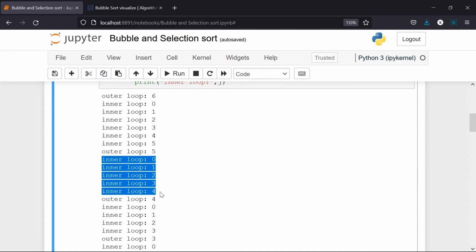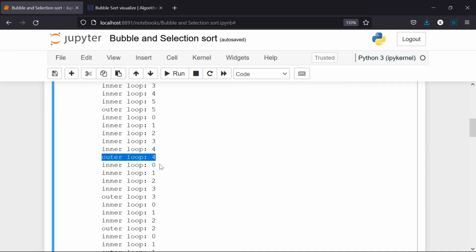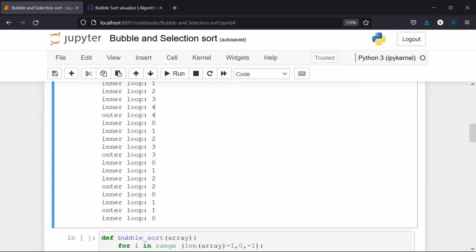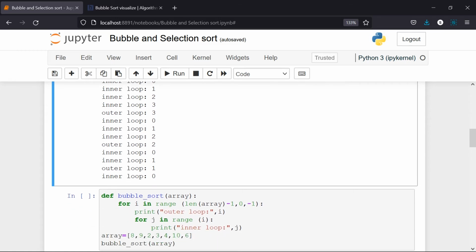See here, I am going to check 4 times because the last position is frozen, right? We don't have to disturb that position. That's why I have taken this fashion. So the inner loop is going to be executed from 0 to 4. In the next outer loop, it is going to be 4, and at that time the inner loop happens from 0 to 3. Outer loop 3 compares for 0 to 2, then 2 gives it for 1, and 1 gives it for 0. Like this we can omit the last position comparison. That's why I have made a loop like this. Whichever is convenient for you, you can use it in terms of the for loop.